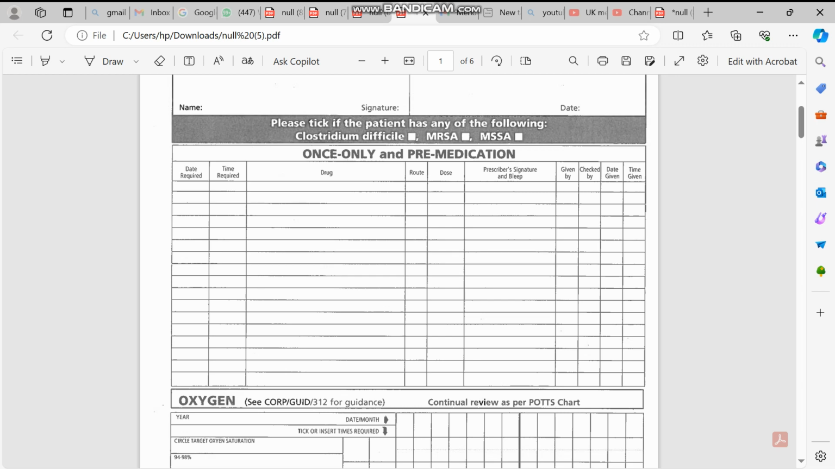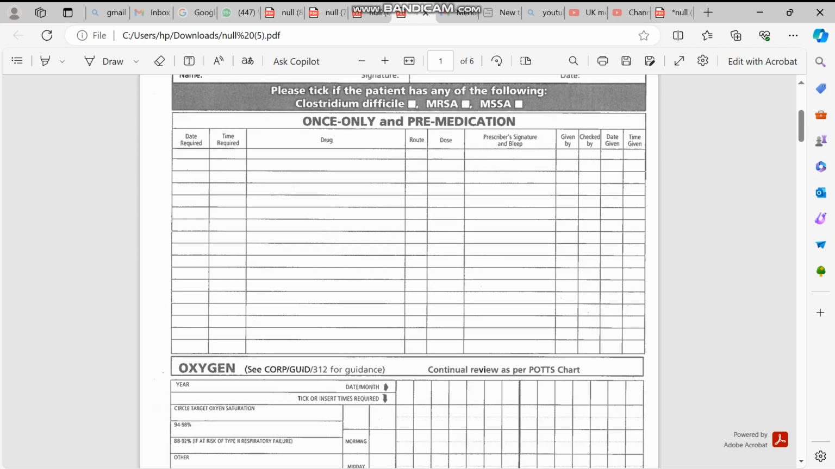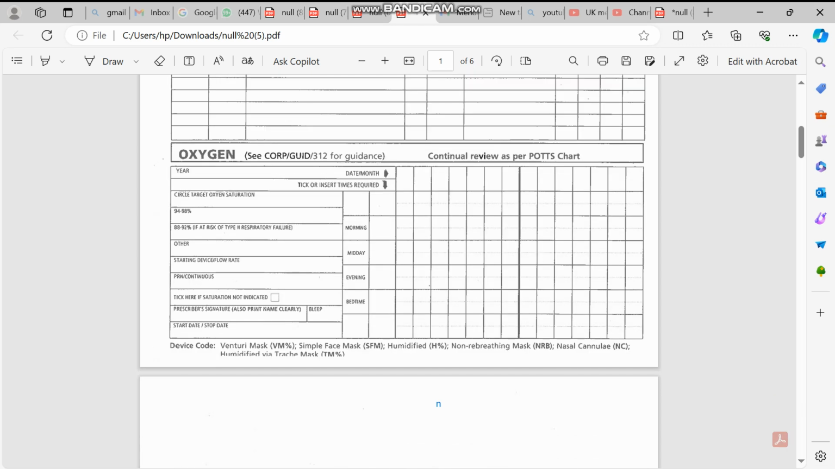So there is nothing you need to fill in these. Okay, apart from this, on the first page you can see oxygen. Okay, if the patient is oxygen dependent, or if he has some respiratory issue, like pneumonia or COPD, if oxygen is prescribed, then you will have to